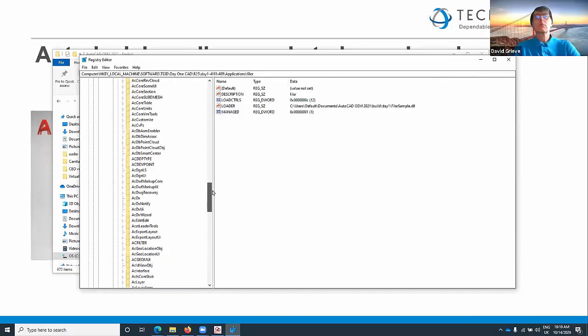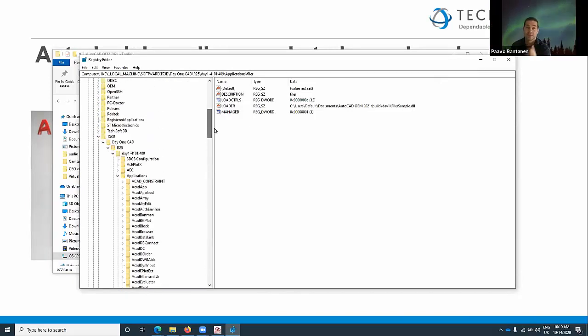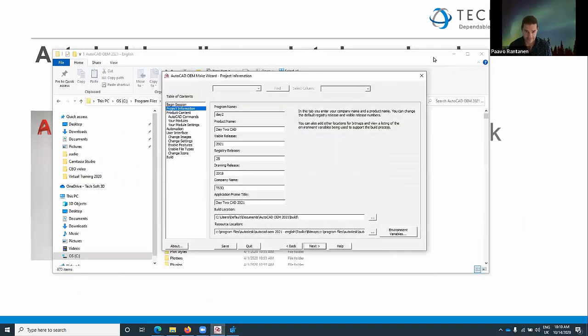So this means also there will be no conflicts with AutoCAD, any other Autodesk product or OEM product for that matter, or if you have a plugin or something that is specifically for AutoCAD, it will work side by side with your OEM product. So that's a recap from yesterday. And we have created our project for today. So I'm just going to click Save here and